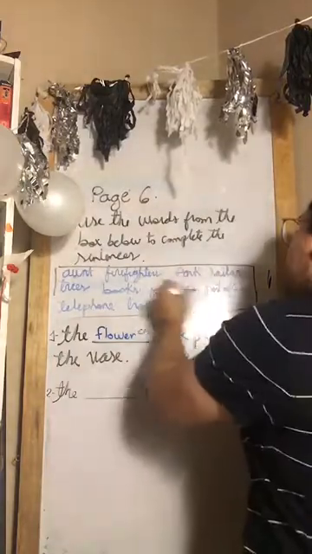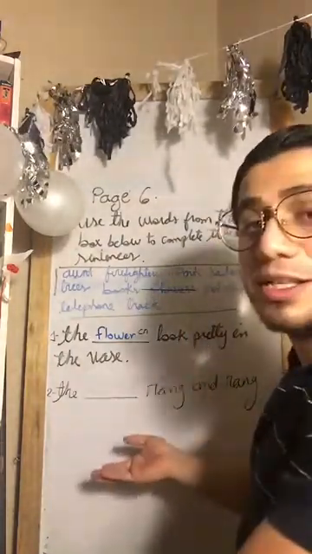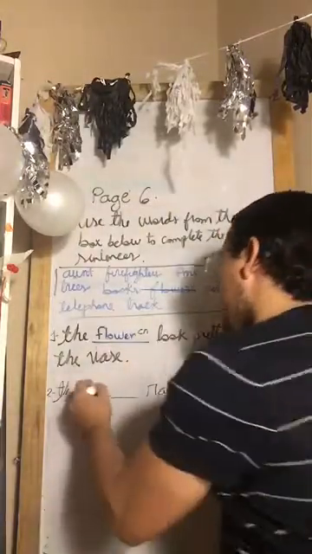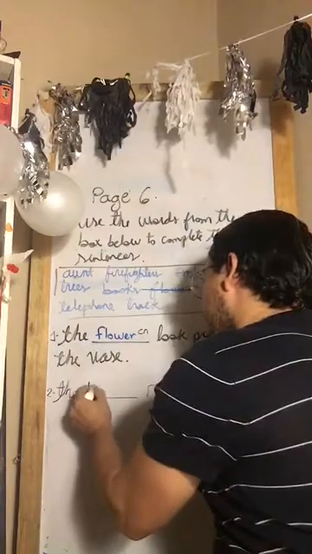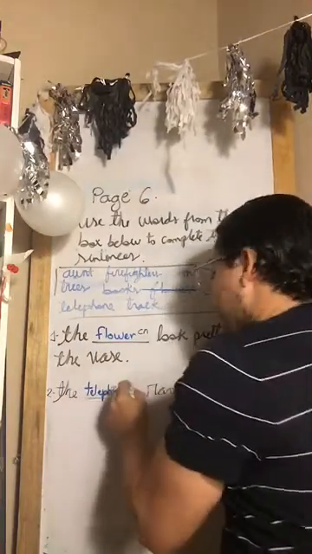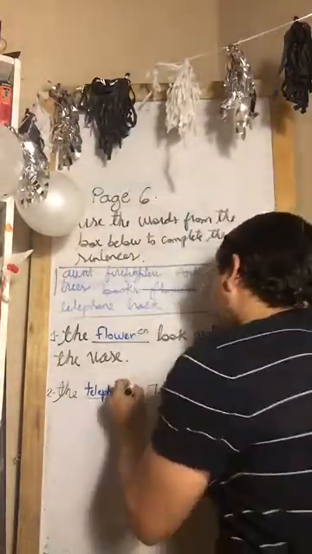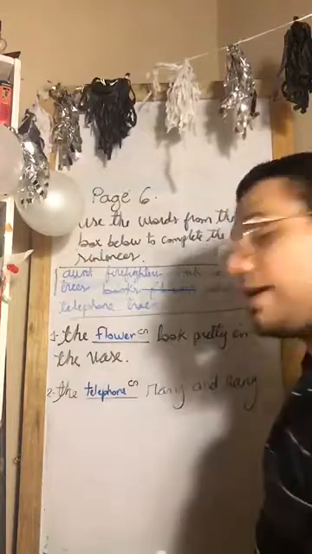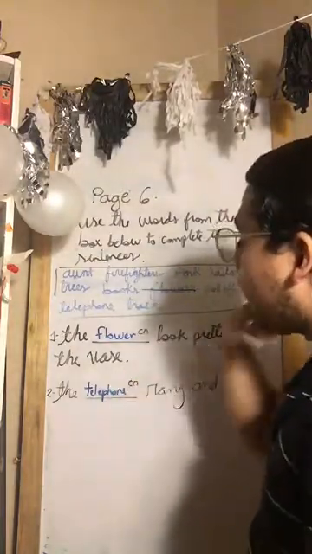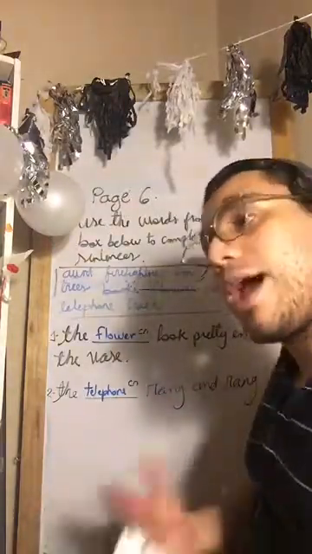Well, flowers is eliminated because we already found it. So I think the one that fits the most would be the telephone. So we're writing there telephone. Okay, and then again we write CN because we are using a common noun. CN. See? Very small. When we use a proper noun, then for example, iPhone would be a proper noun. Huawei would be a